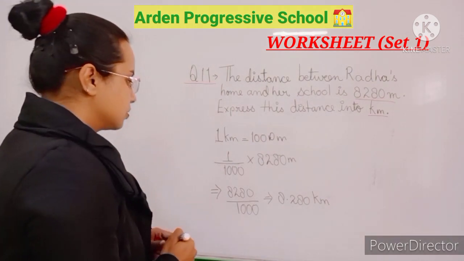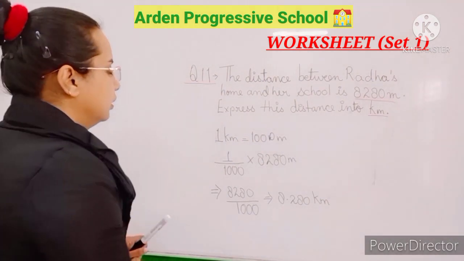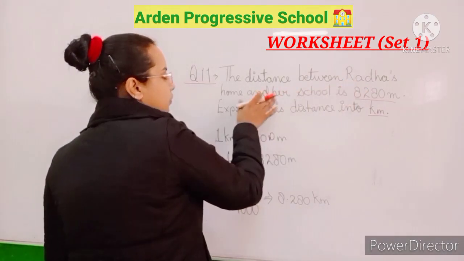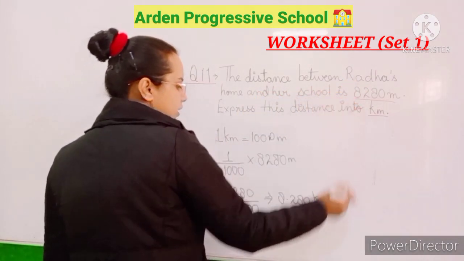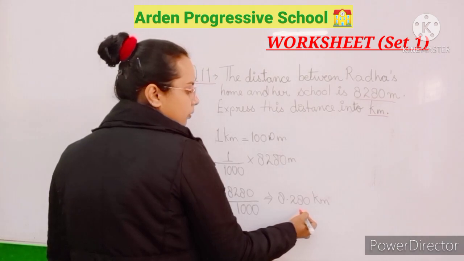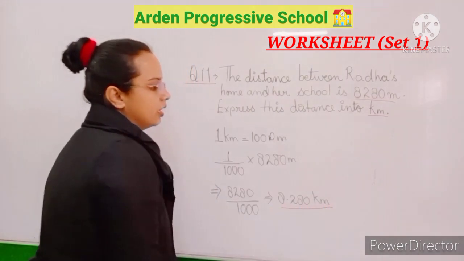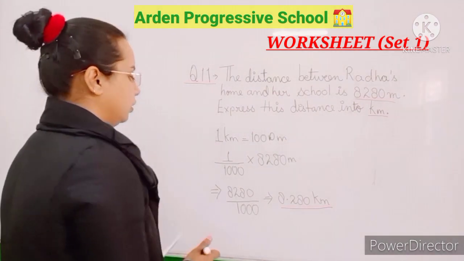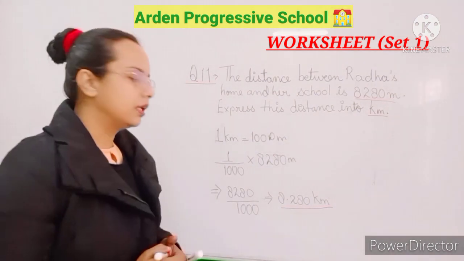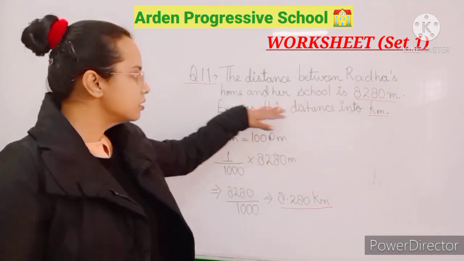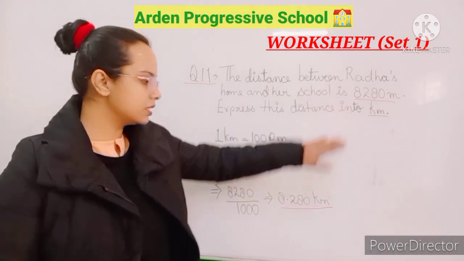So here the answer is the distance between Radha's home and her school is 8.280 kilometers. So this is the answer of this question. At the last we will write that hence the distance between Radha's home and her school is